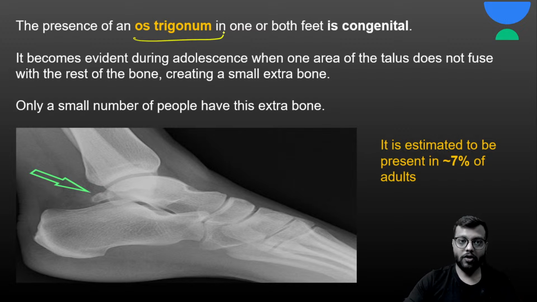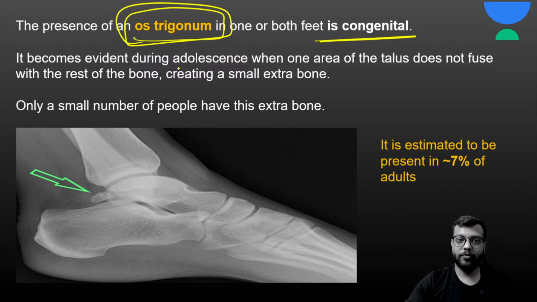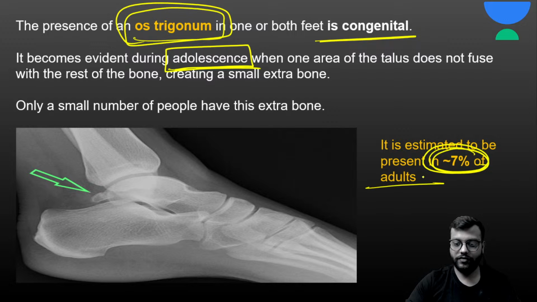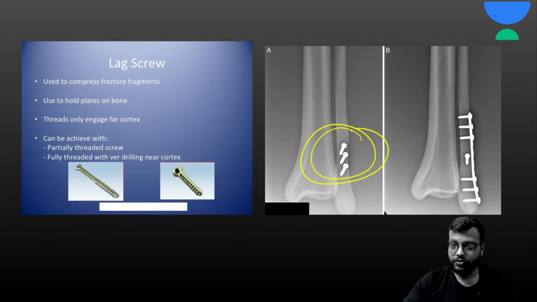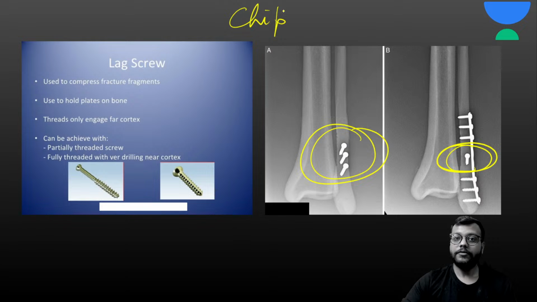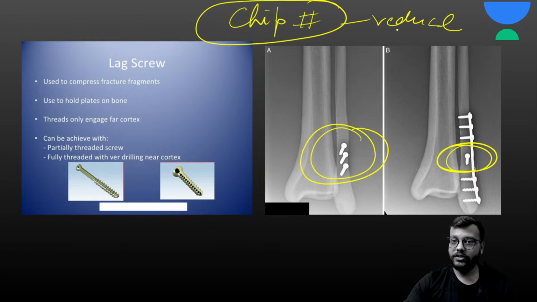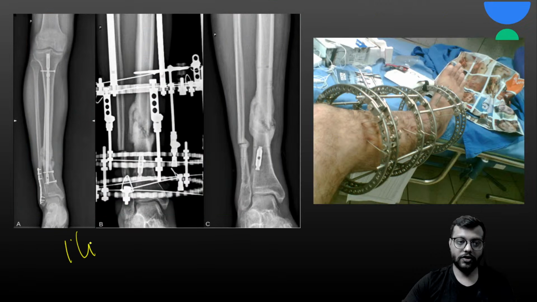Okay, this is your os trigonium which is a congenital new bone formation in the adolescent, ectopic bone formation in 7% of the adults. Okay, what is this? This is your leg screws. leg screws क्या होता है? एक chip fracture जो होता है उसको reduce करने के लिए you put this leg screw. so सिर्फ एक्सरे में आइडेंटिफाई आपको करना आना चाहिए कि what is this? This is your leg screw. what is this? This is your Elizarov technique